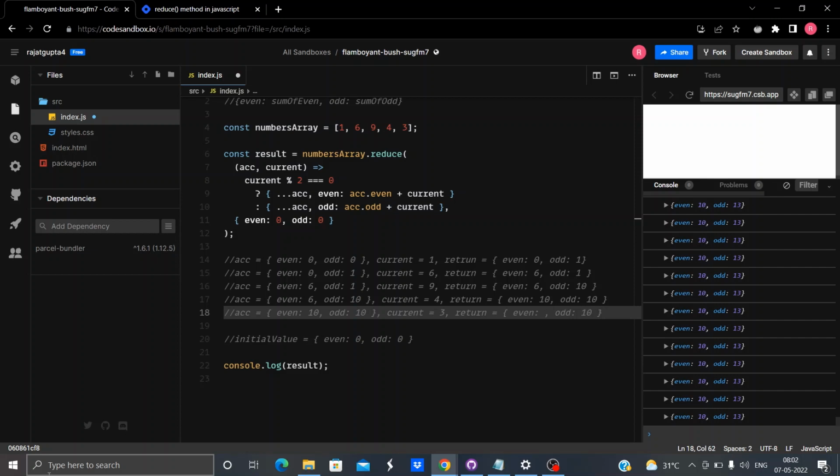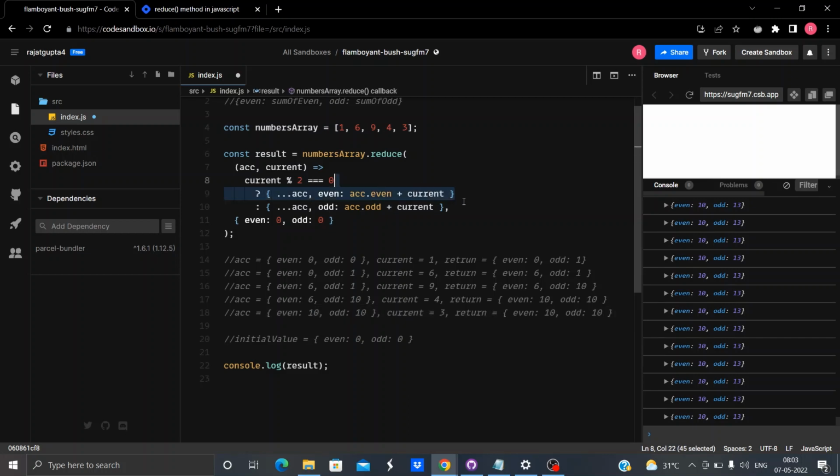After destructuring, we get this 10 and 10, and now it will see, is 3 divisible? No, it's not, so this one will be returned. We'll leave even as it is and do something with the odd. We'll do accumulator dot odd, that is this 10 itself plus current. Current is 3, 10 plus 3, 13. So that is how we are getting this result, and after 3 there is no element left, so this is what we are getting.